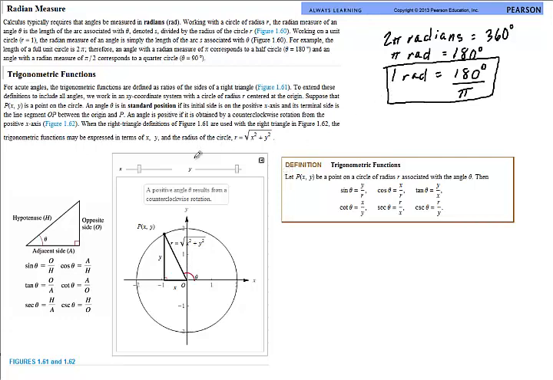The next little bit talks about the fact that we get our trig functions from the unit circle, and this unit circle is of radius 1, and I can make any of these triangles from this unit circle. So they're basically showing you how to make the right triangles and what the relationship of sine and cosine in those right triangles in relationship to a circle is. Now the unit circle has a radius of 1, but these relationships hold for